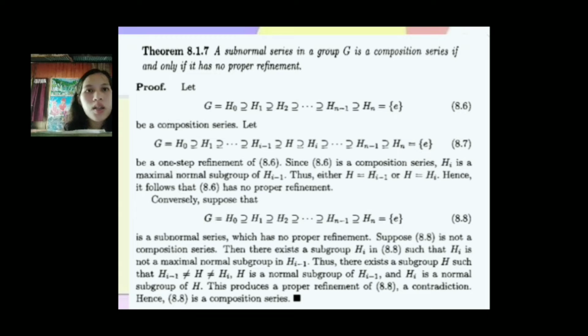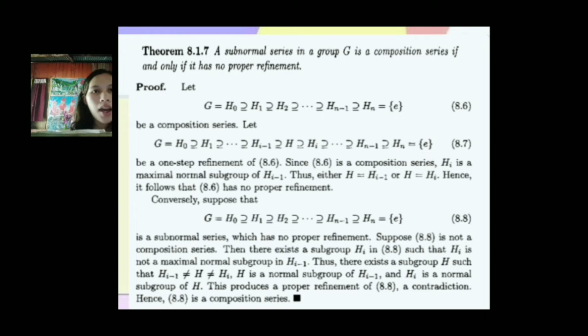Let G = H_0 ⊇ H_1 ⊇ ... ⊇ H_{i-1} ⊇ H ⊇ H_i ⊇ ... ⊇ H_{n-1} ⊇ H_n = {e} be a one-step refinement of